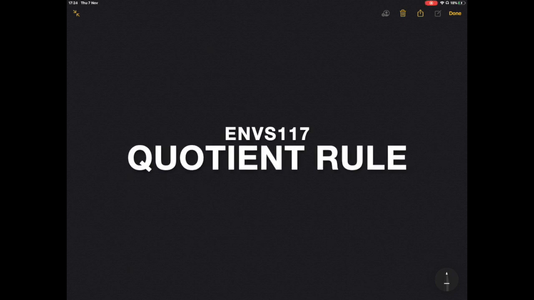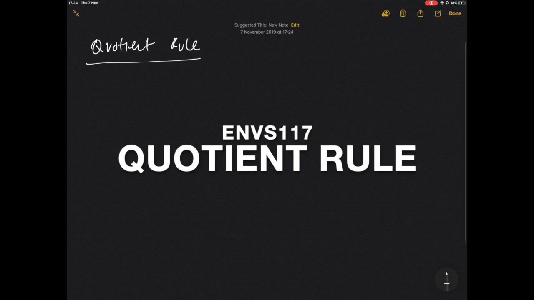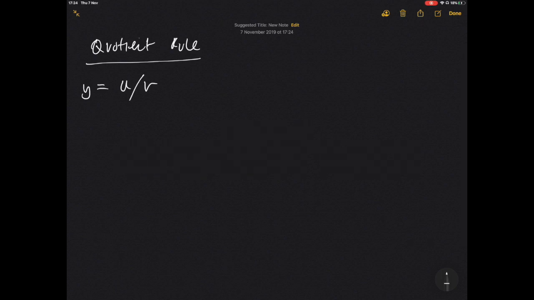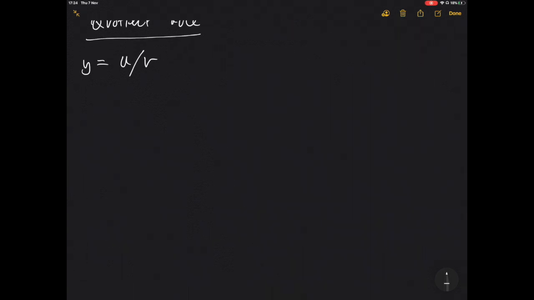Okay, so as I mentioned, our next rule deals with dividing, and this is the quotient rule. So maybe we have something in the form of u and v, like this. How are we going to do it? Well, we could put it to the -1, and we could, of course, do that. That would work. This is just another way of doing this, and we'll actually show how we derive this. So, okay, so when a function is in the form of u over v, and where u and v